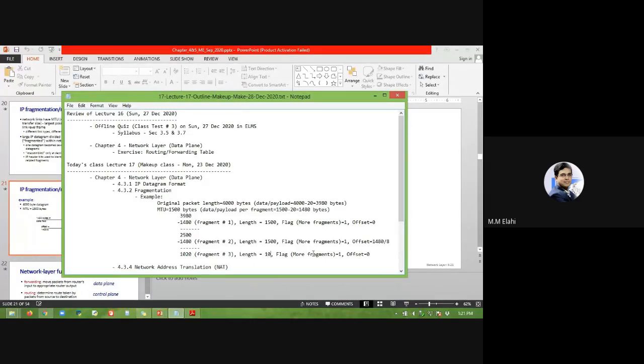What will be the length of fragment 3? 1020 plus 20, right? Plus 20, right? So 1040, with the header, sir. Right, with the header. So 1040. Then the flag will now be 0 because this is the last fragment. The offset will be